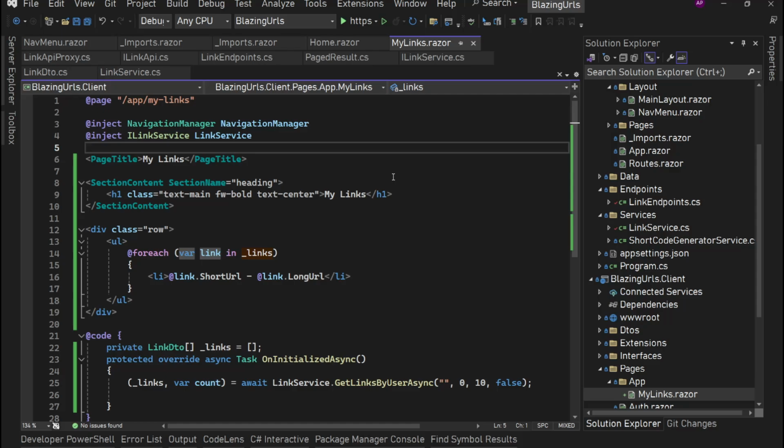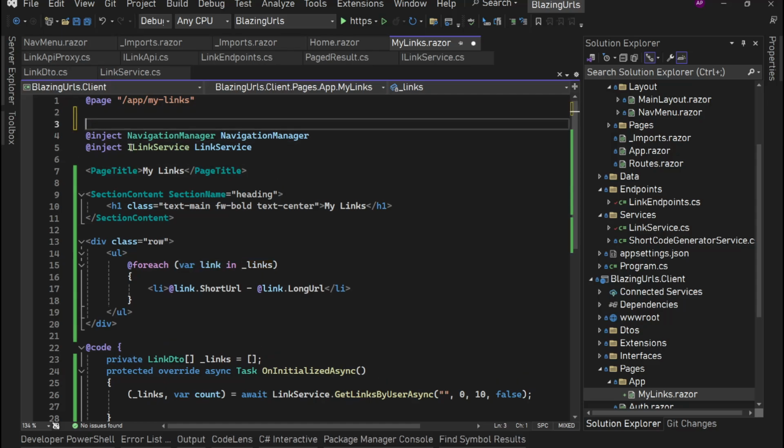That is not what we want for this particular page, because we are going to have interactivity on this page. We are going to have copy, we are going to have edit and delete functionality on this page. So this page is going to be interactive. So we want this to be interactive. So what we'll do, we'll simply set the render mode for this